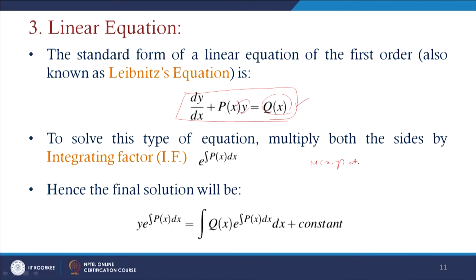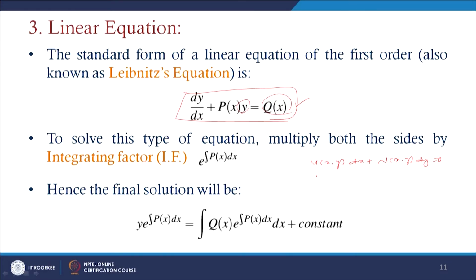People use del M by del y minus del N by del x if the equation is represented in the form M(x,y) dx plus N(x,y) dy equals 0. Many classes of integrating factors can be multiplied to get the solutions. It may be 1 by Mx minus Ny, 1 by Mx plus Ny, or del M by del y minus del N by del x, or del M by del y plus del N by del x. Whatever is multiplied, accordingly the multiplying factor changes and you get the solutions.